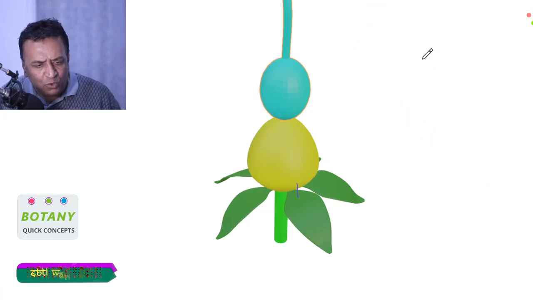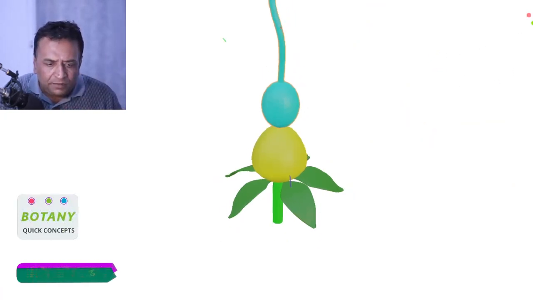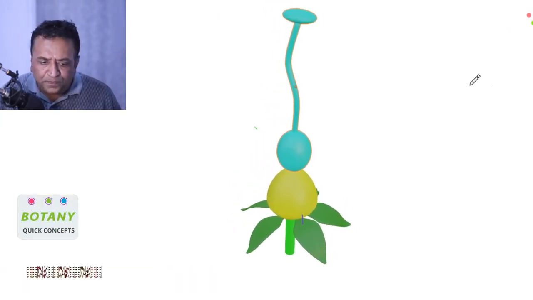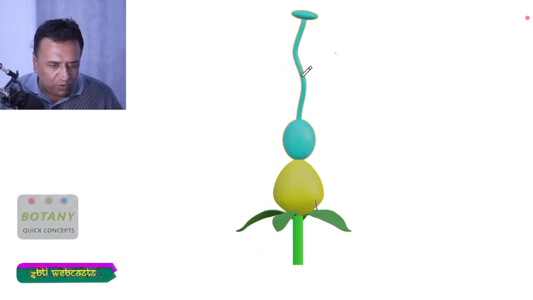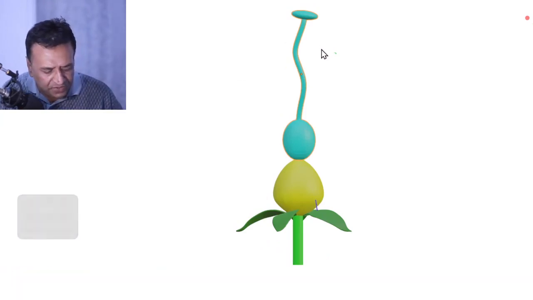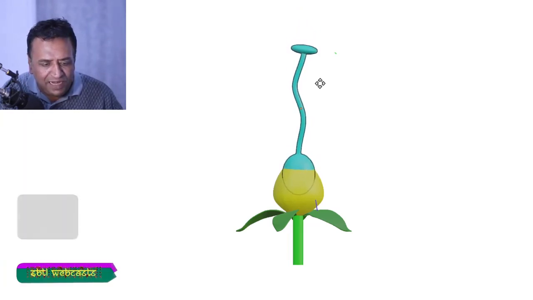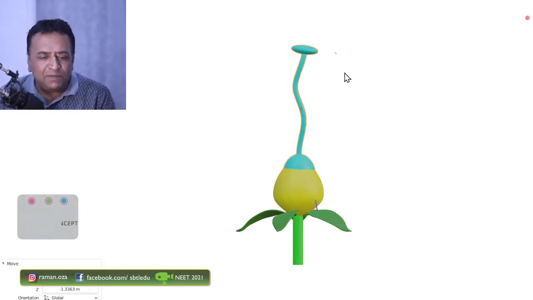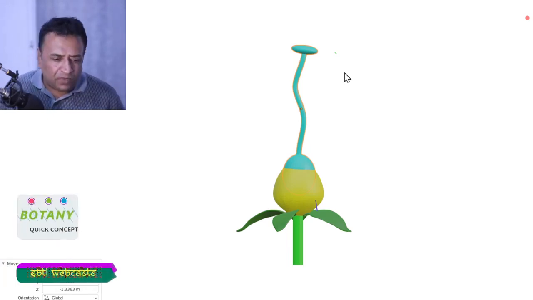Fine. So let's go to a few more details now. Let's go to this view, and I'll place back the ovary at a somewhat deeper level. Imagine the ovary is not completely merged in the thalamus. Thalamus is cup shaped in this case. So what will happen because of that? Because of that,